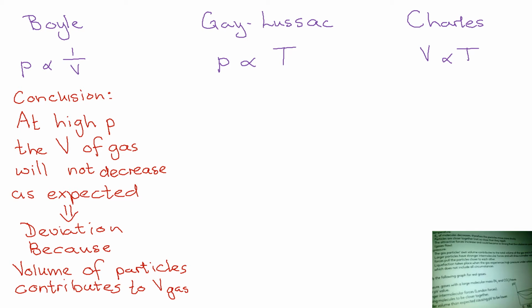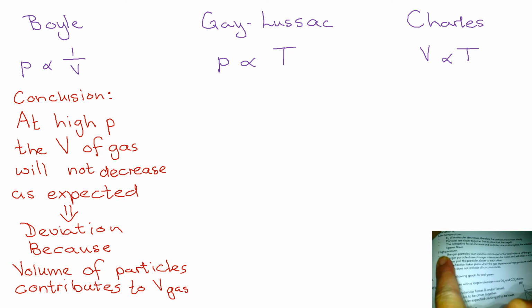So in the previous video, we discussed Boyle's law, and our conclusion is that at high pressure, the volume of a gas will not decrease as expected. That is called a deviation. And the reason for the deviation is that the volume of the particles of the real gas contributes to the volume of the gas. So I'm on page 119 in your textbook, and the paragraph with the heading high pressure,